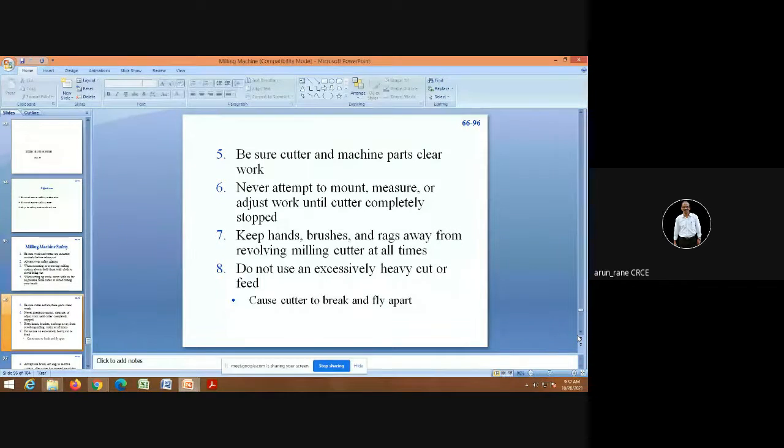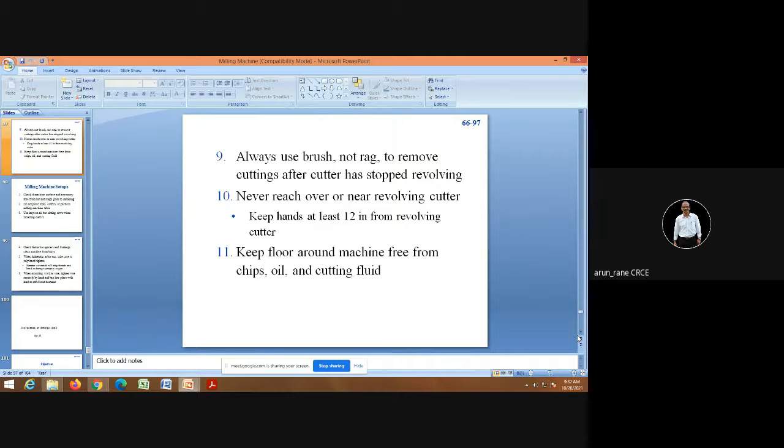That is one thing to protect your hands, and another is you use safety goggles in order to protect your eyes. The students are under the misconception that safety goggles are used while welding only, but no, on a lathe machine, any machines, grinding machines, you must use safety goggles, because the chips can fly and can damage the eyes. So safety first and work later, always health first and then work. Remember this.